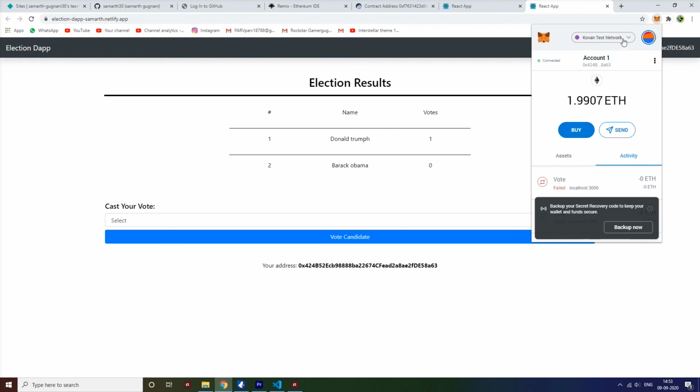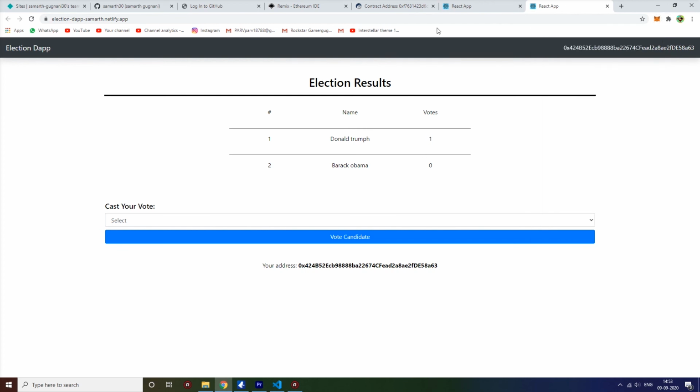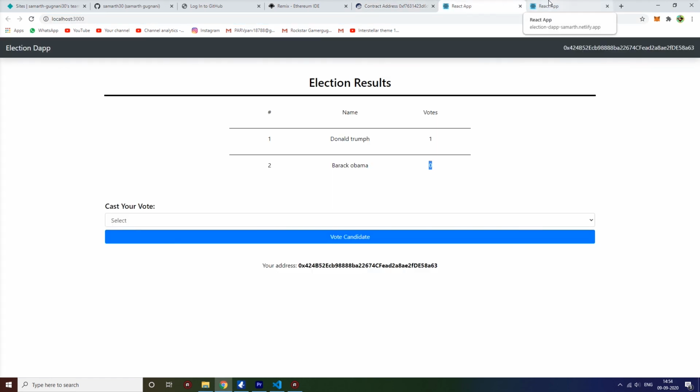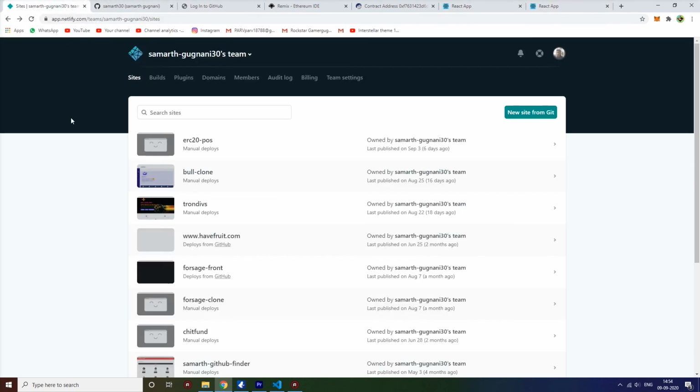We will not deploy it to mainnet because deploying a smart contract on mainnet costs money, and we are just showcasing the website to various people so they can also test it for free. That's why we are deploying our smart contract on Kovan, and it is fetching data from kovan.etherscan.io. I don't want to go into depth because you will get to know more about these things in the further tutorial. We are using Netlify to deploy the website.